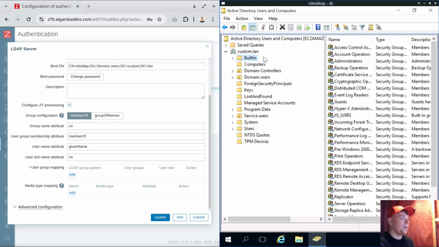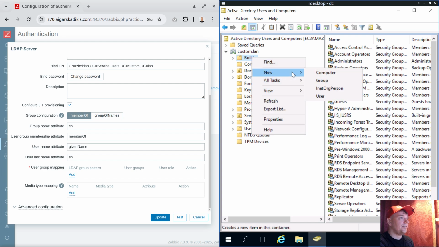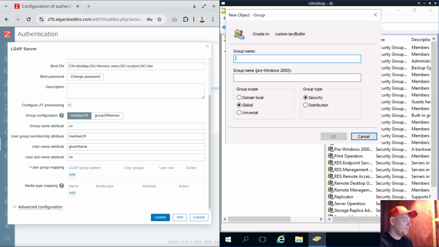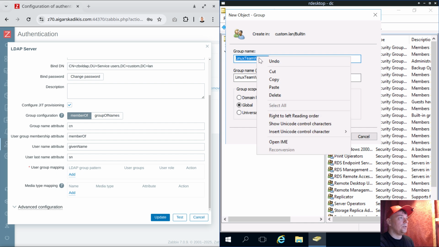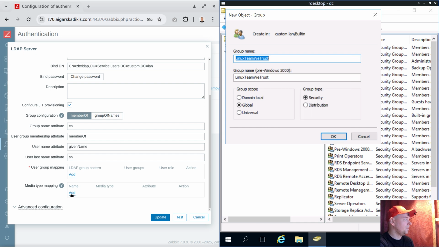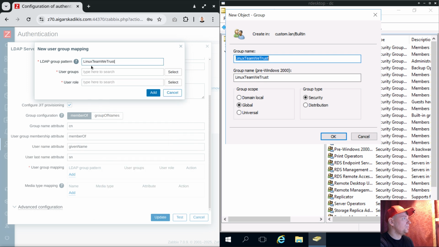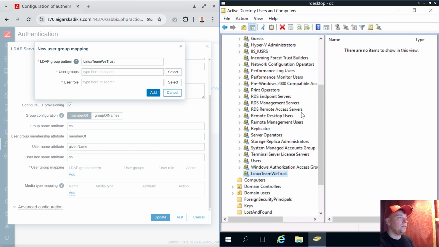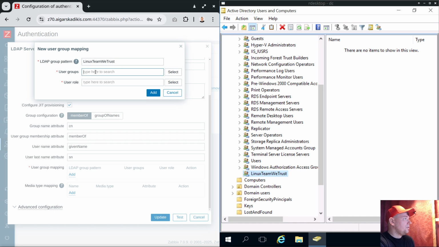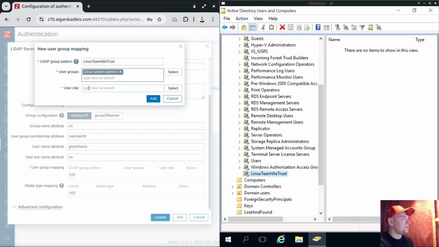Built in, somewhere here, and I will create a new group, and we will call it Linux team we trust. Let's copy this to clipboard already. Copy the LDAP group name, and so this must be here. LDAP group pattern, add, and that's it. User groups, so user groups will be Linux system administrators, and user role admin, admin role, okay, add,